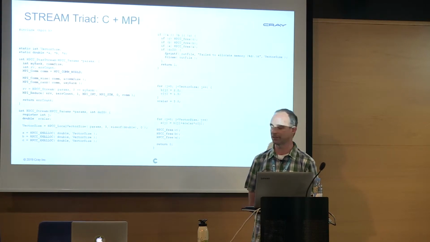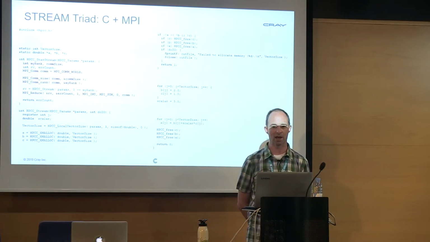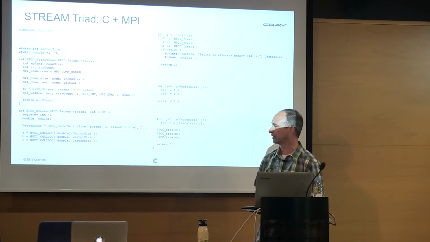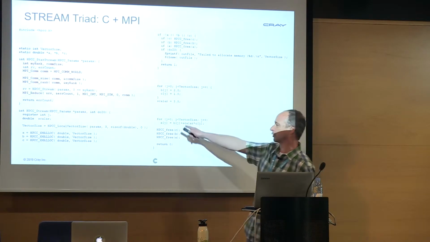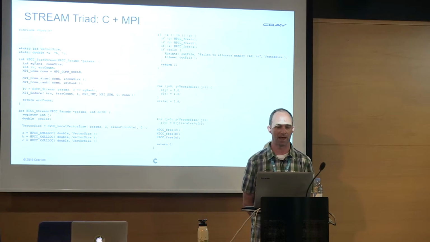And if we look at this and how it's written in C plus MPI, the code ends up looking something like this. This is the reference version from the HPC Challenge benchmark suite. And if you can see the colors, the red code is MPI. And there's not very much MPI in this because we just have to do setup and teardown, and there's no communication during the computation itself. The actual kernel is this green loop here, and the rest of it is just kind of C boilerplate for allocating arrays and freeing arrays and things like that.